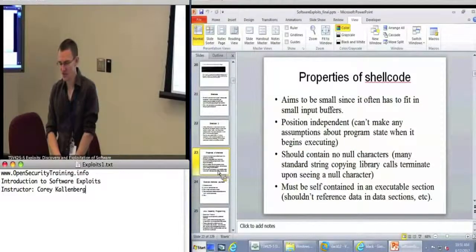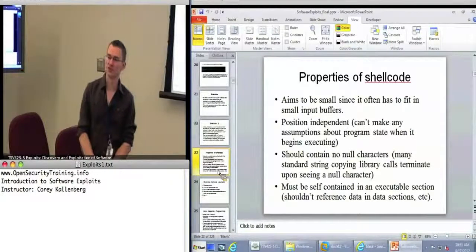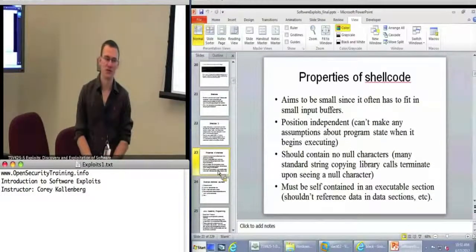Position independent. Usually, when you have a program like Hello World, you'll be passing an address to a function like printf. And so, like, printf address, and that address will be the address of the Hello